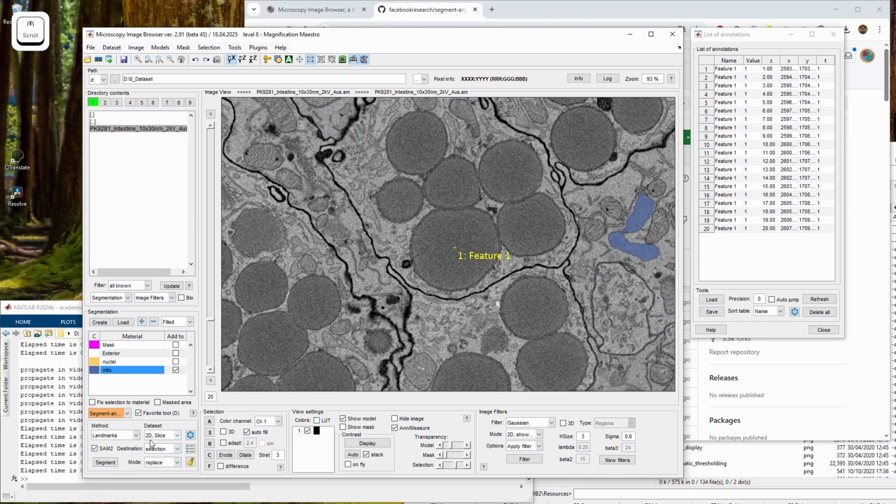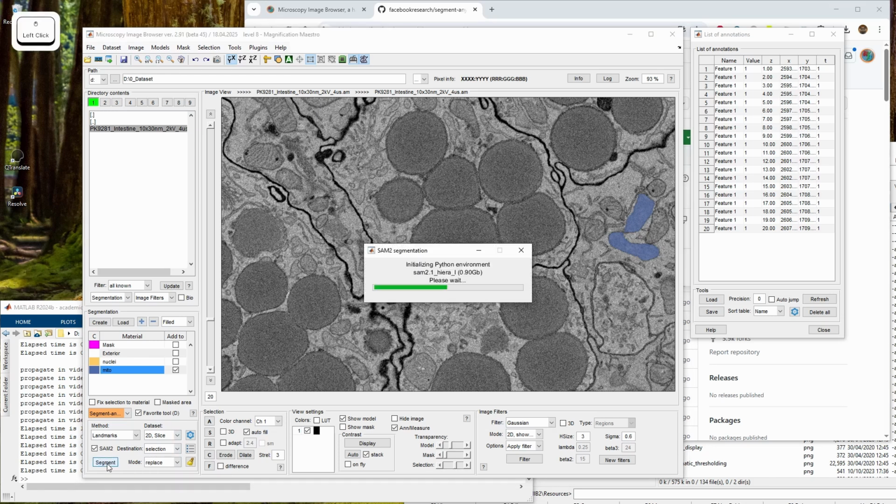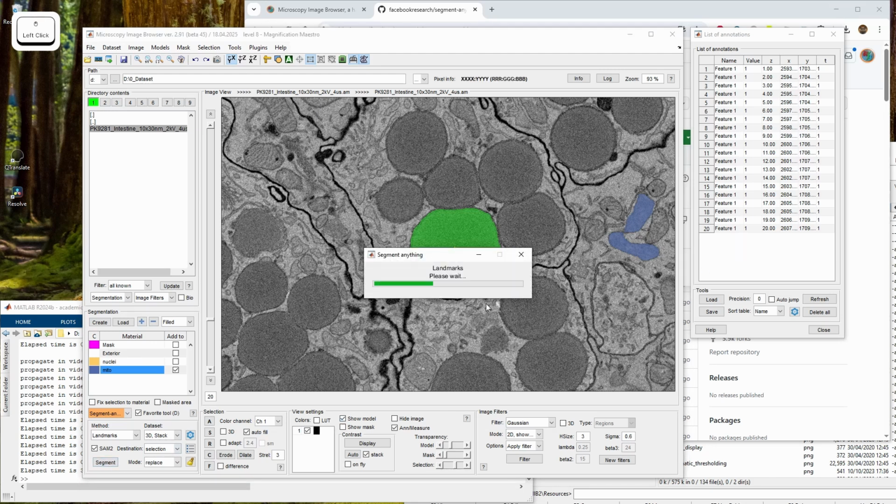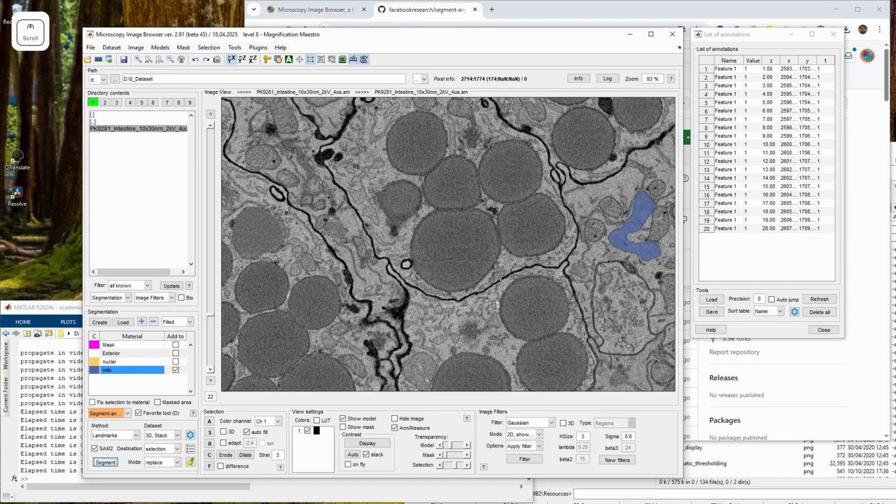Now let's try pressing segment here to see whether it can do something. Because I changed the method here, it reinitializes the Python environment. You see it gets segmented, but because I have a 2D slice, it's only segmented on one slice. Now I can press 3D stack and press segment, and now it will follow through all of the seeds,